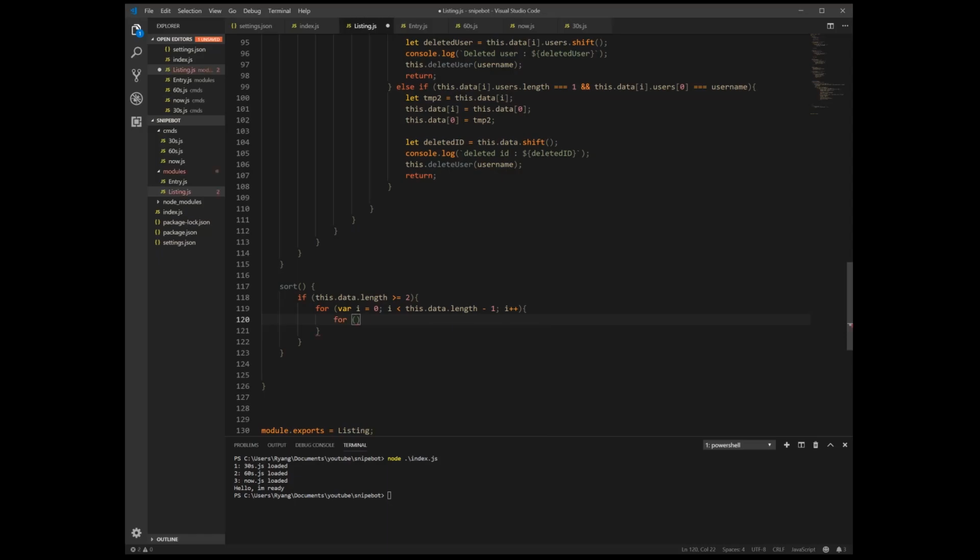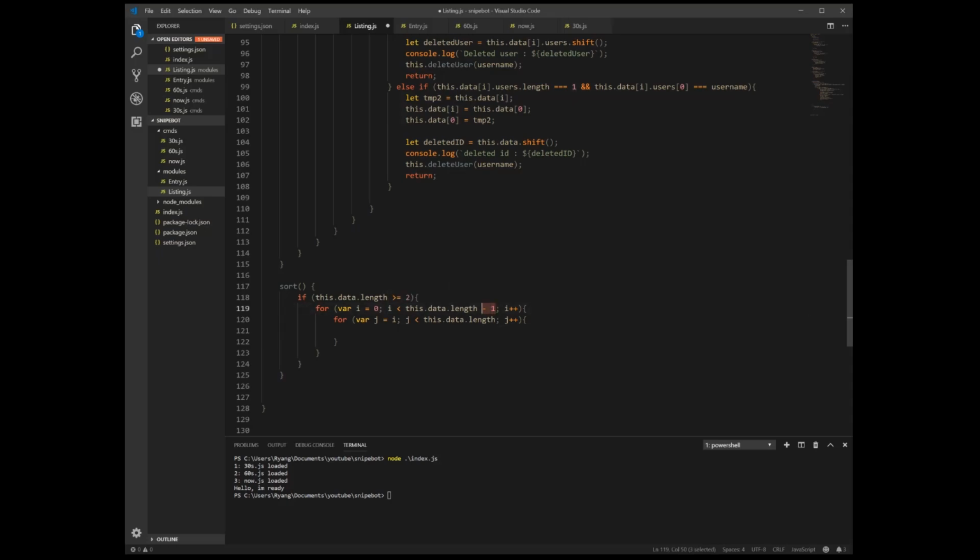I'm just creating 2 for loops right now, and I'm making them so this one's going to equal I, while j is smaller than this.data.length, and j plus plus.